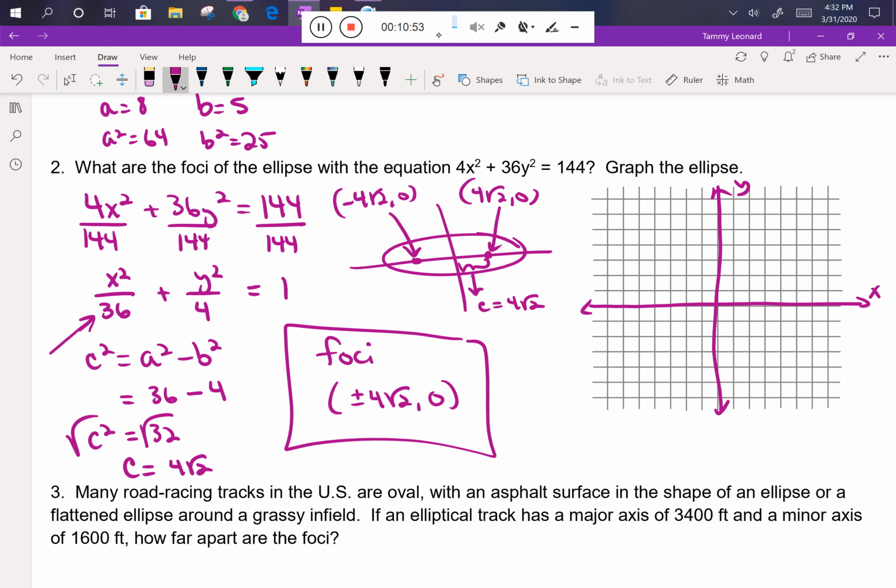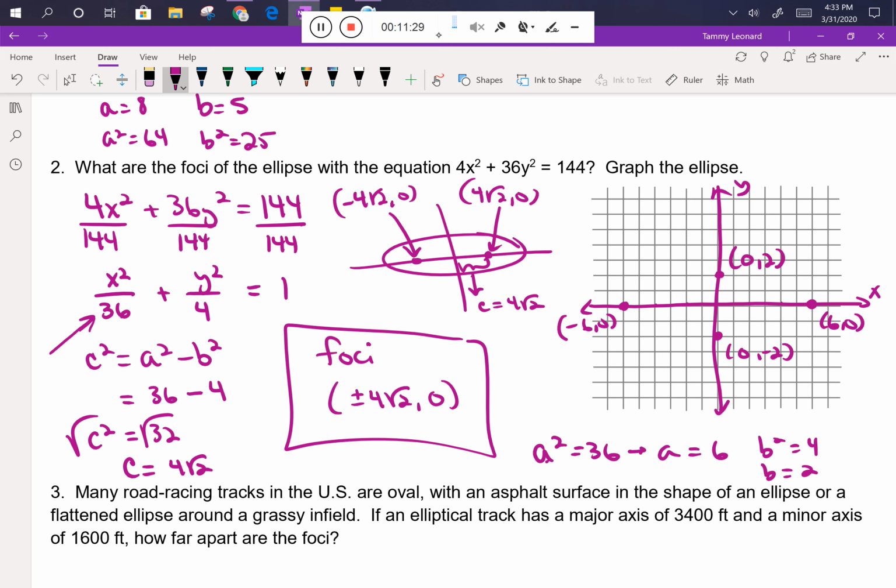Now, if the a squared value is 36, then the a value is 6. So to one side, we need to go 6 spaces, but then to the other side, we also need to go 6 spaces. So we have the vertices at negative 6, 0 and positive 6, 0. Similarly, if b squared is 4, then b must be 2. So we can go up 2 and down 2 to get 0, negative 2 and 0, positive 2 as our